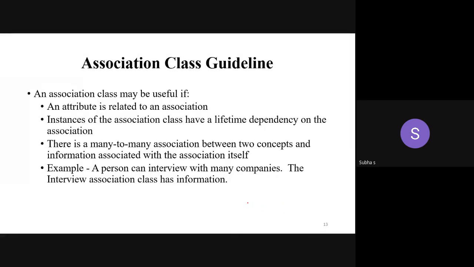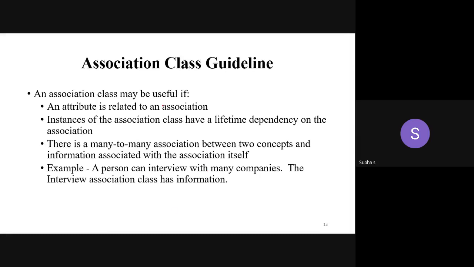What are the guidelines to be followed for an association class? I can't give an association class for any attribute, as said earlier. I can't give it for roll number, register number, etc. It may be useful only if an attribute is related to an association. If I want to access the mail IDs, I can go for the association class, and I can pick any one value.